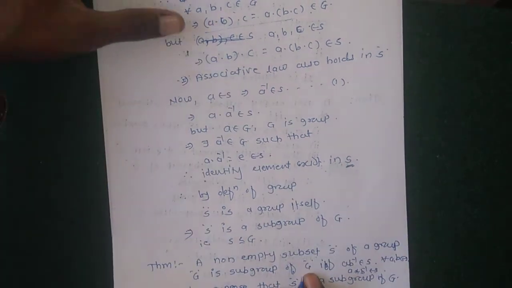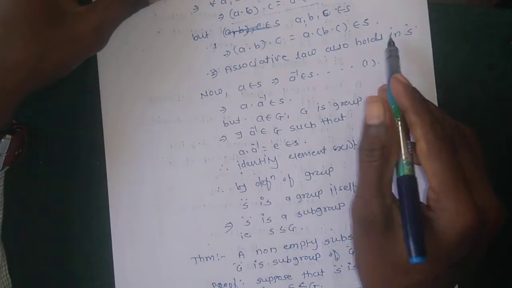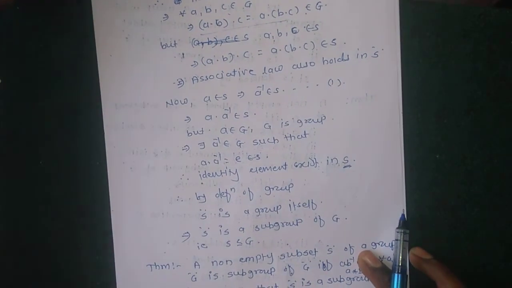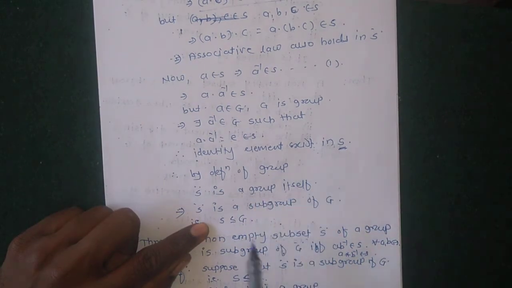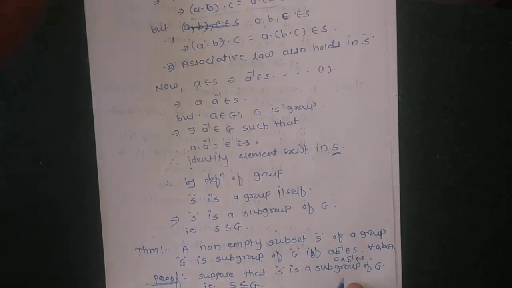S is closed under the given binary operation, this is the first condition; the inverse element exists, and the associative law also holds in S. Therefore all four properties are satisfied by S. Therefore S is a group itself, which implies that S is a subgroup of G. Okay. Then the next theorem